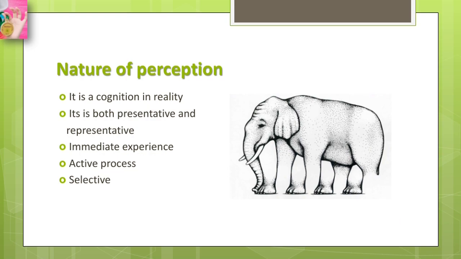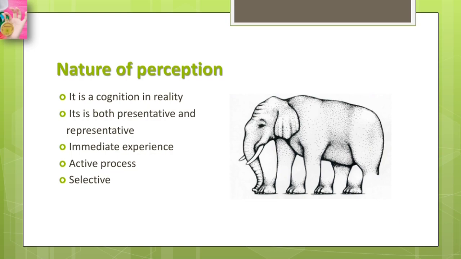Perception is a mental process of identifying the object in its real form and assigning a meaning to the sensory details collected through sensory channels. So in this sense, perception is both a presentative and representative process. For example, through the sensory channel, we come to know that there is an object which is round in shape, but through perception, we identify this particular object as a ball, which is used for playing. And the round shape, the characteristic sensory experience, is assigned an identifying name that clarifies the nature, kind, and use of the object.